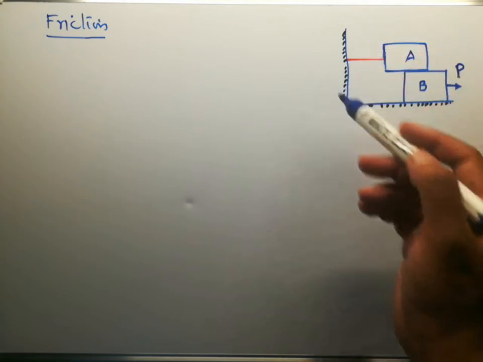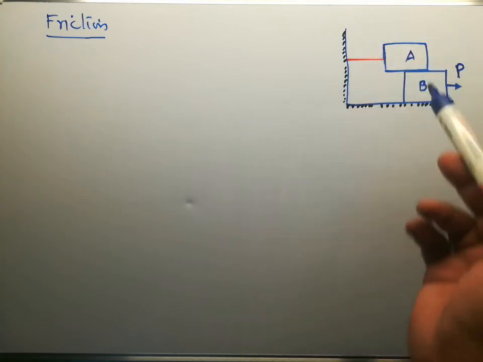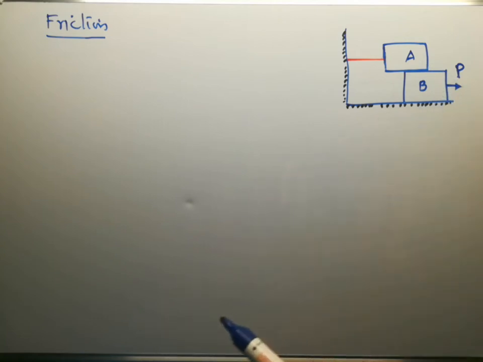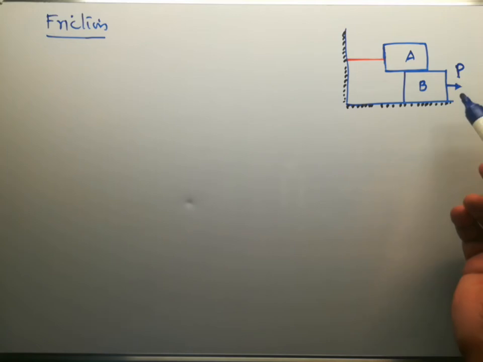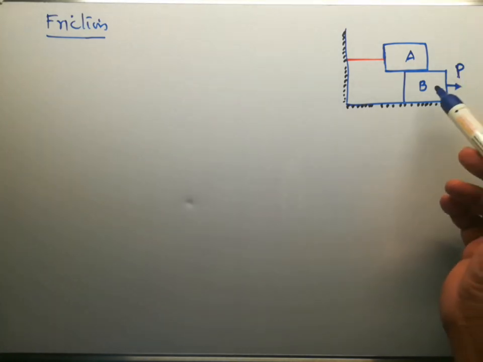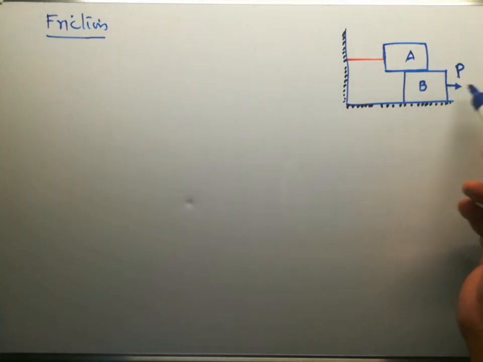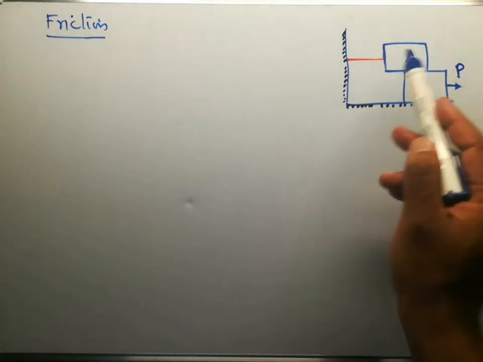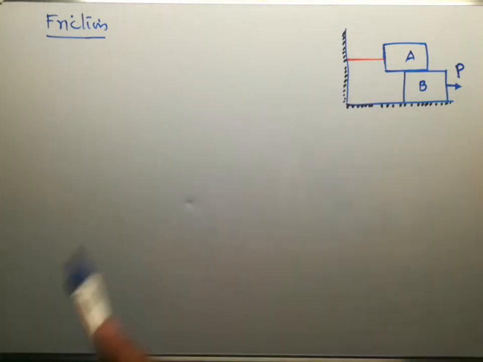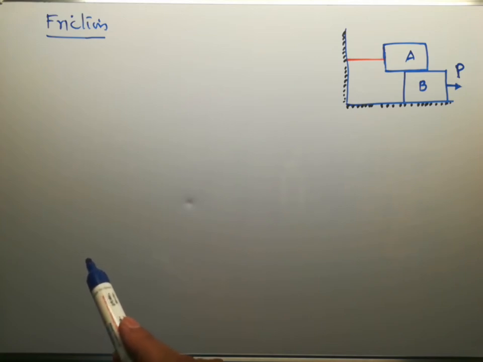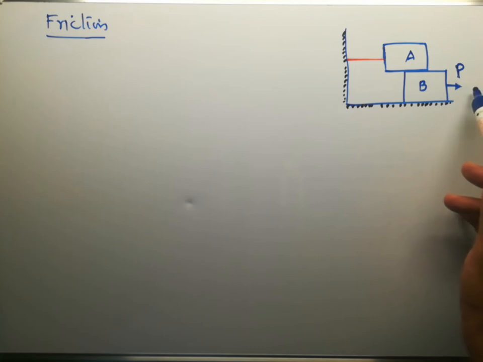In this problem, in this arrangement, we have two bodies A and B, where A is placed over B, and we are applying an external force of P on body B in this direction. Then the body A is also connected to this vertical wall using an inextensible string. So when we apply force P in this direction,